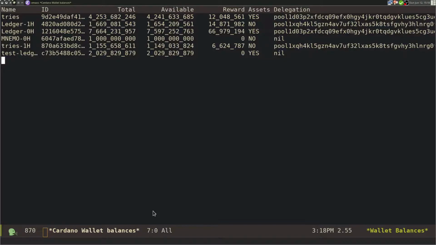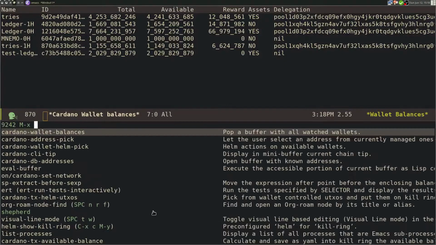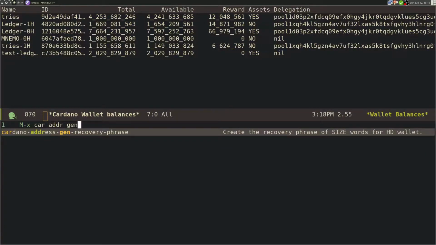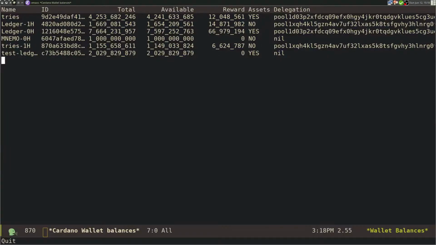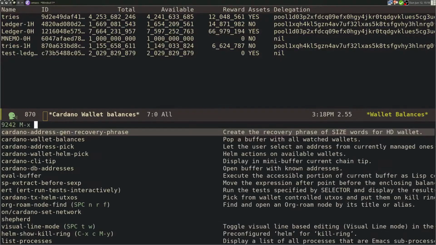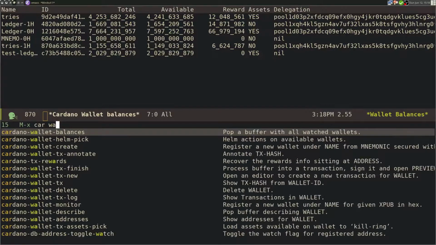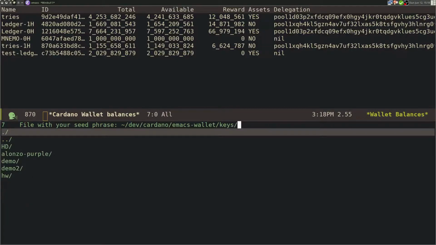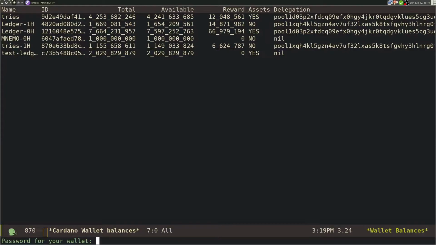As you have seen in previous demos, you can always use the command Cardano address gen recovery phrase to generate a seed phrase, and the way you load them into the wallet is you use the function Cardano Wallet create. You are going to name your wallet. Let's call this demo online. You select the place where your seed phrase file is, and now you have to enter a password